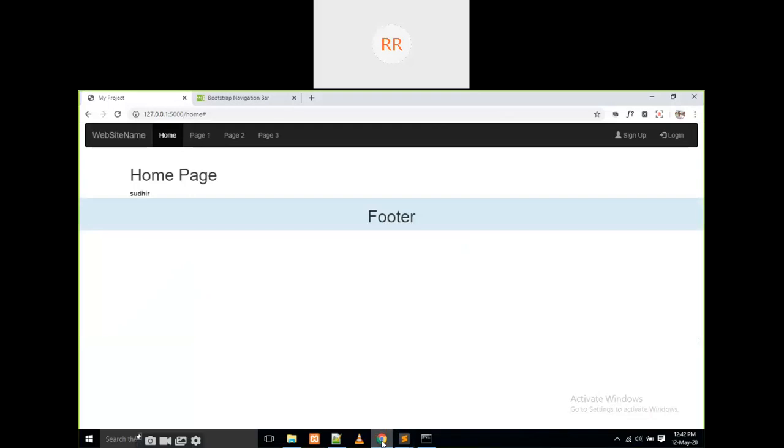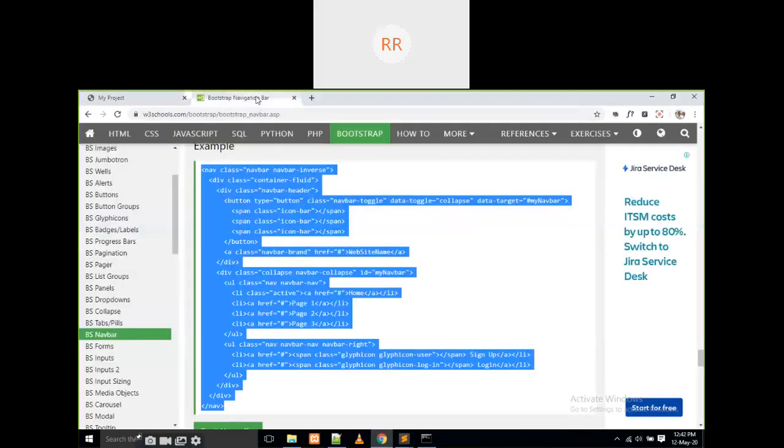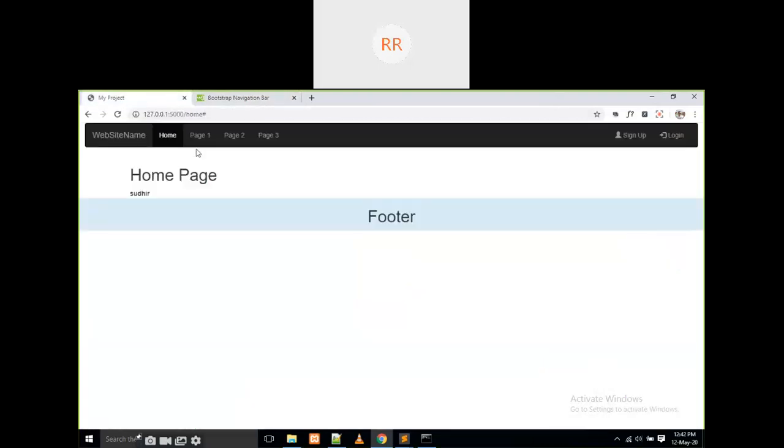That is the designing. I am going to copy the nav bar and the whole content. If anything is not necessary, I am going to delete it. How many pages do I have? I have only 2 pages, home and about. For example, there is no sign up and no sign out here.